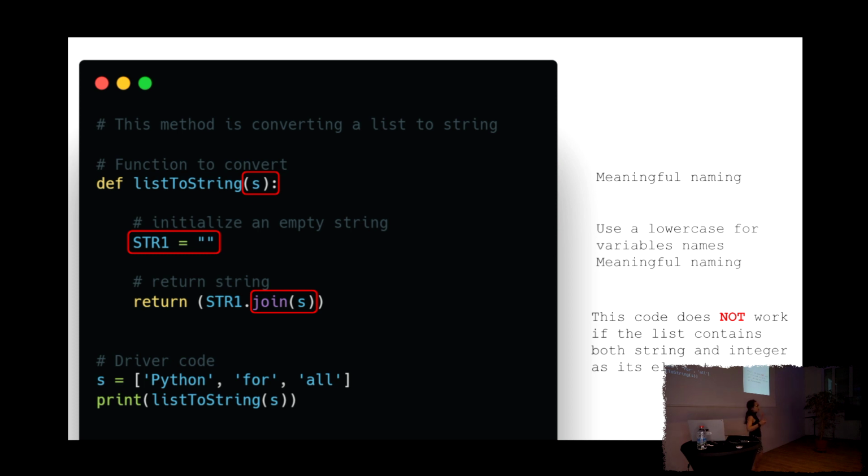Why? Because there is a case where the input contains both integers and strings. This code is not going to work. So there is a corner case here that is not covered by this code. So as you can see, with simply 2-3 lines of code, I managed to give my opinion and find issues and bugs, and there are some cases not covered in this code. So basically, this is what I did just now: I gave my opinion, I reviewed that code, and found issues in that code.